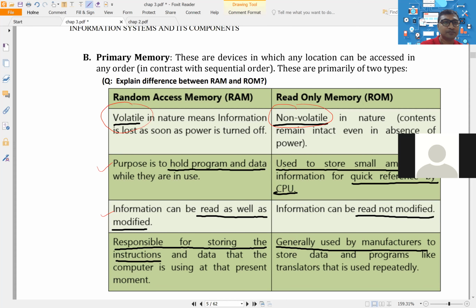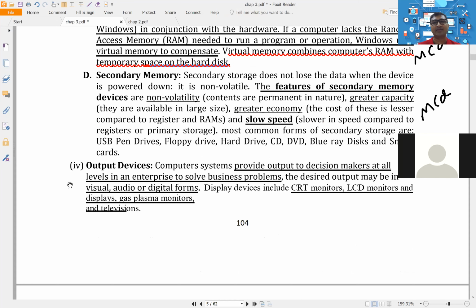Now, next point, we have discussed virtual memory. Secondary memory is nothing but your pen drive, your hard disk, your CD, where you can store the data. But here also I told you that there can be an MCQ like this: from the following, which is not the feature of secondary memory. So guys, please remember, whatever number of questions you practice from any sources doesn't make any difference unless your conceptual clarity is there.